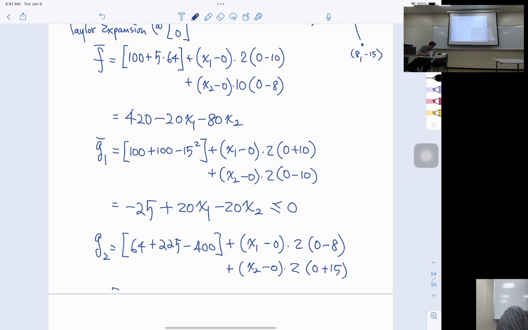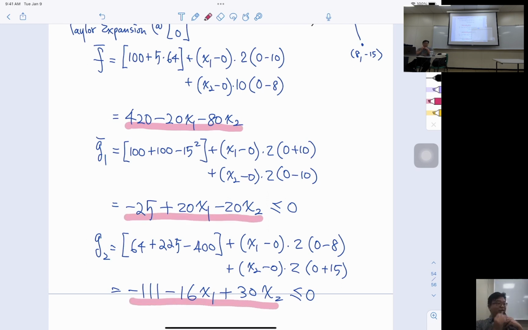So supposedly this looks like 64 plus 225 minus 400. That's fine. That is totally fine. Minus 16x1 plus 30x2. Smaller than 0. Okay? So from those,